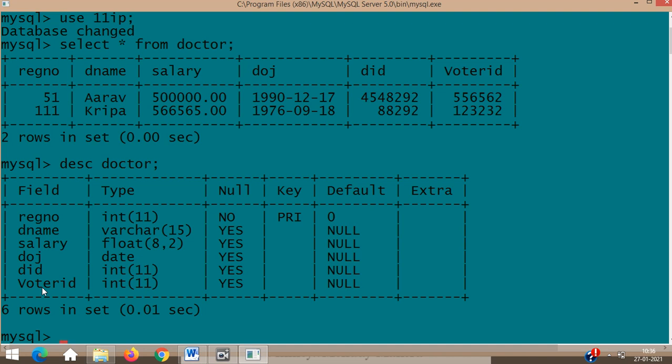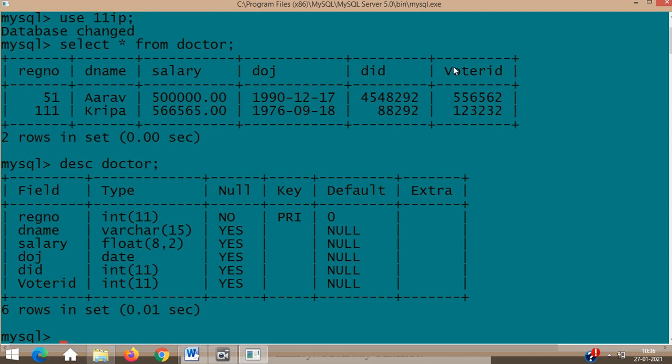If it is confusing, we will be discussing this once again in the meet, don't worry about it. But right now, if I conclude that explanation, REGNO, DID, voters ID are your candidate keys. The reason is they are all capable of becoming the primary key, out of which I made REGNO the primary key. So that becomes the primary key which uniquely identifies the records in the table.